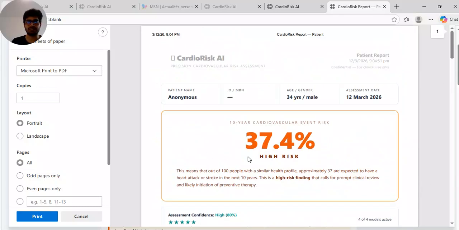This is telling that this person is at a, actually it's quartile based. It is showing that out of 100, there are 37.4% of individuals with a similar risk profile. Approximately, it means 37%, approximately 30%. You are among the top 37% who are expected to have a heart attack or a stroke in the next 10 years. This is a high risk finding, and you are able to get a 10-year cardiovascular risk event using